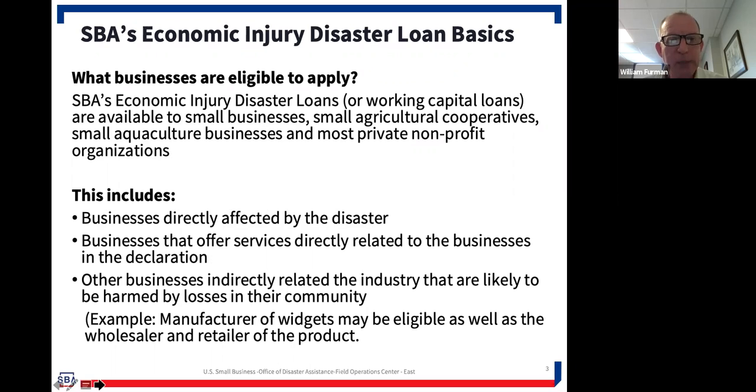It does have to be a small business, and we'll talk about that. Basically, a small business for this particular program has actually changed. So we are calling a small business any business that has 500 employees or less. If your business has 500 employees or less, for the disaster programs, you are considered a small business in